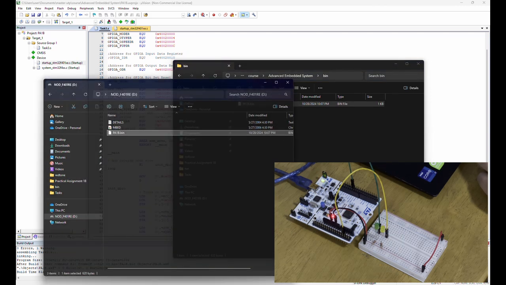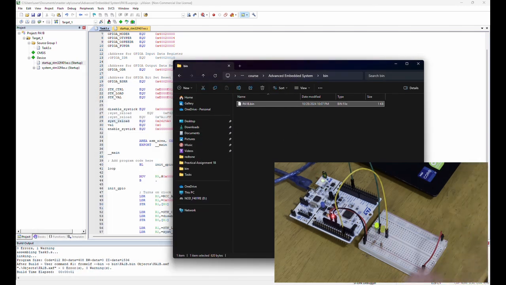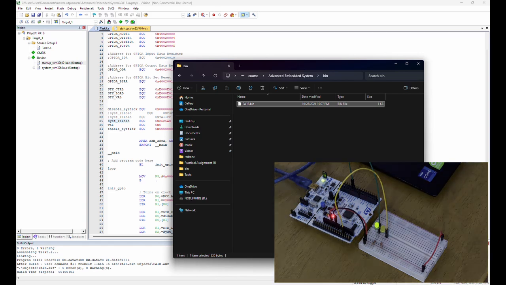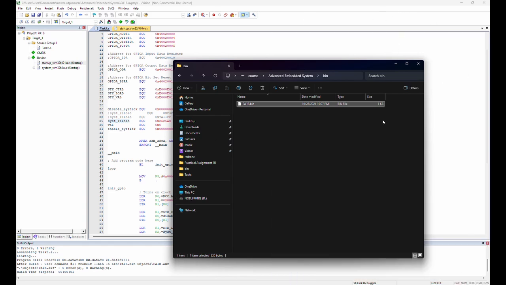Okay, let's see. All right, now you can see the LEDs are toggling a little bit faster. Now it's 1/10 of a second. Is it 1/10 of a second? 0.1 second. Okay. You can change the SysTick timer based on the formula that I showed previously, and you can